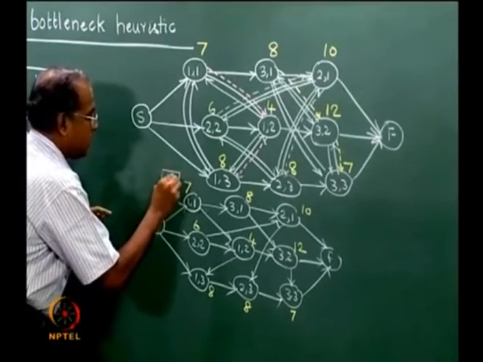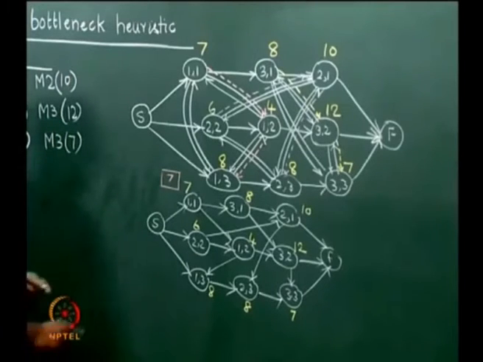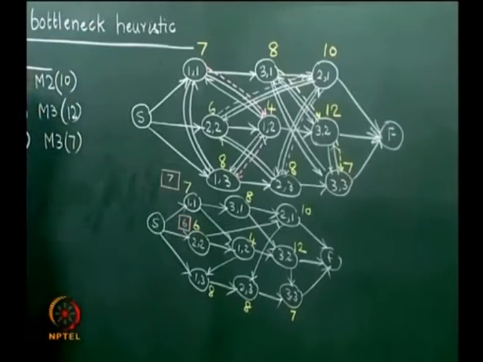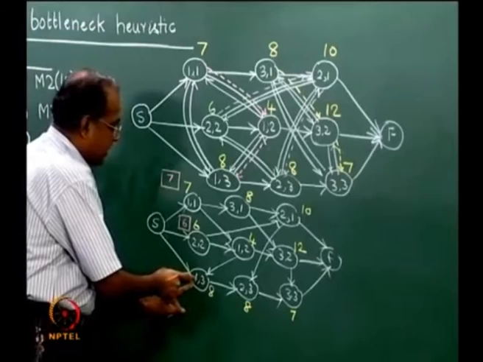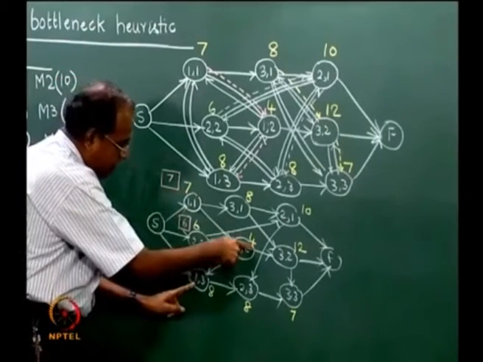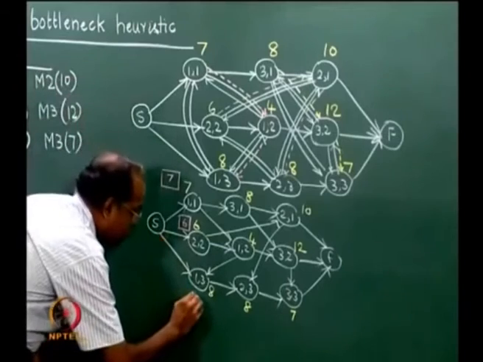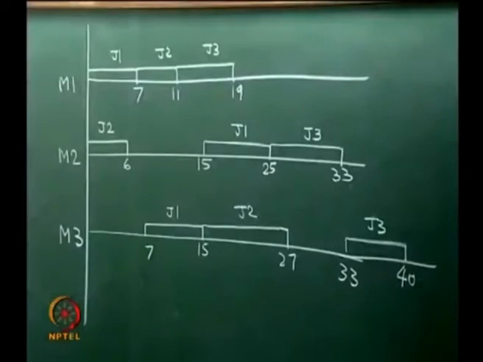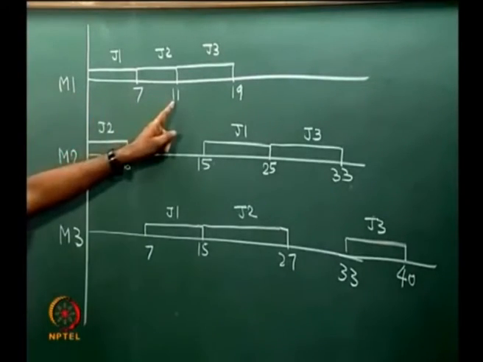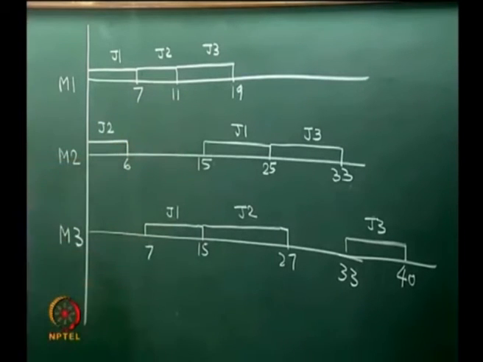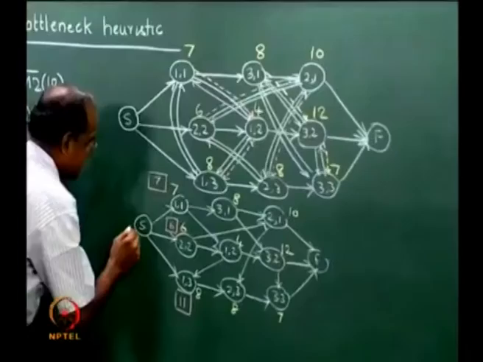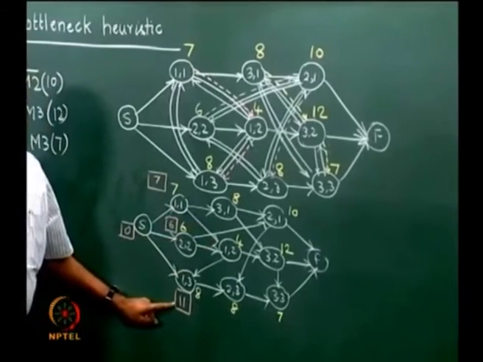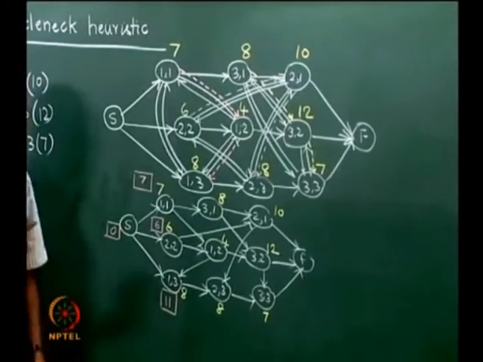So, this node the value is 7. Now, this node the value is 6. Now, the longest path to reach this node is 7 plus 4 and then you come down here. So, the value is 11. And if we see very carefully, these are exactly the values of 7 and 11 which represent the start times. So, 0 is here. So, you realize 0, 7 and 11 plus another 8 of course will happen, which is 19.